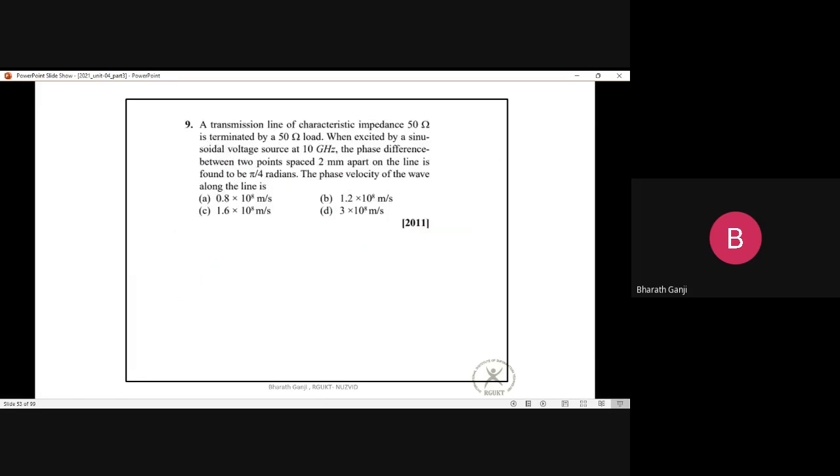Okay, we'll move on to the next question, which is given in 2011. So a transmission line with characteristic impedance of 50 ohm is given. So there is a line which is a 50 ohm, and this line interestingly is terminated with a load of again a 50 ohm. So it is excited by a source, okay, which is a 10 gigahertz frequency, and they say that the distance between 2 points spaced 2 mm apart on the line, okay, so 2 mm distance is equivalent to